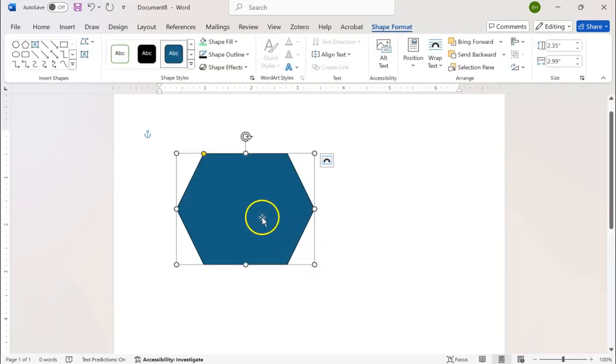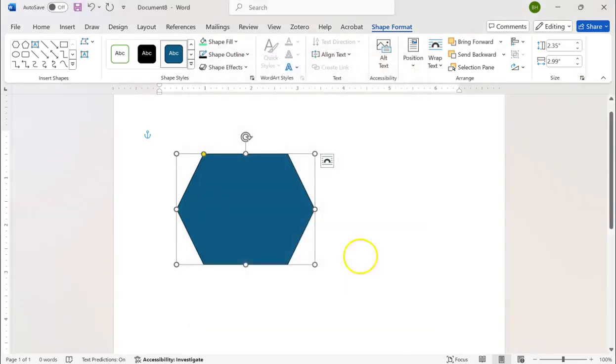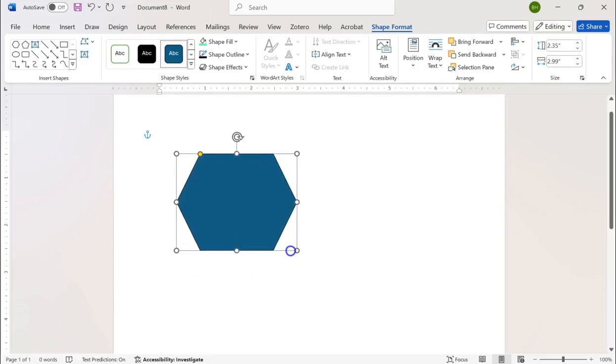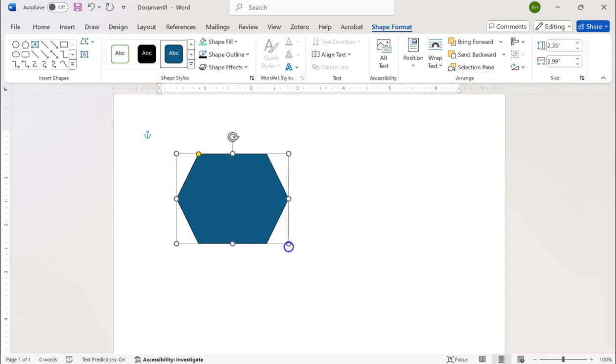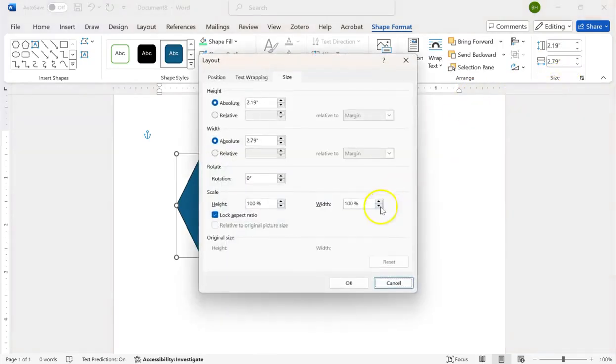Okay, and now we can resize the image. So in order to do that, click on the image and go to this little icon, Advanced Layout, Size, and click on Lock aspect ratio. Okay, and what it does is it gives you a kind of protection, so it prevents your image from being distorted. So now if you change it, both the height and width change so that the image is not distorted. Okay, but if you change that, for example, I'm going to uncheck this box, and